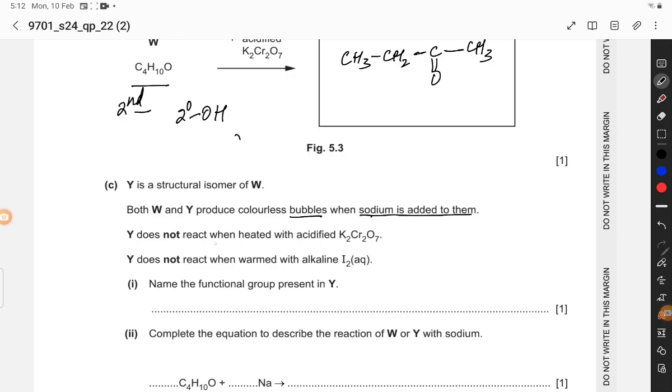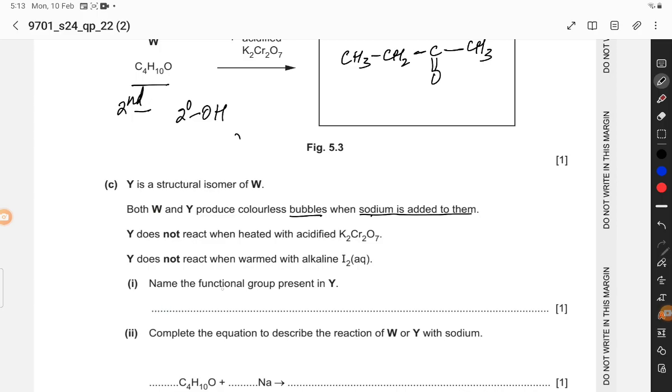Y does not react when heated with acidified potassium dichromate, and Y does not react when warmed with alkaline iodine,